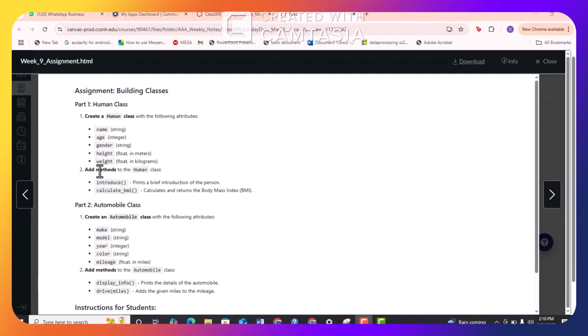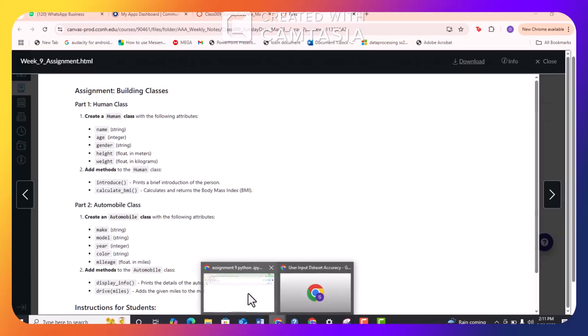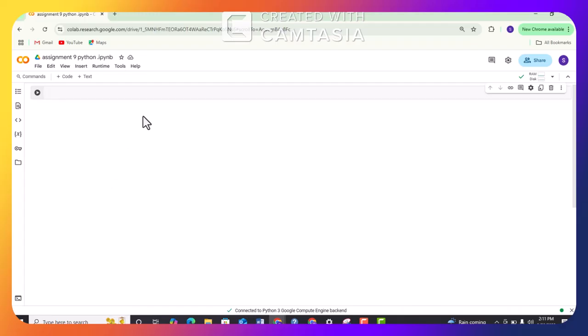Okay, so assignment 9 asks me to build a class, create a human class with the following names, age, gender, height, and weight. So basically, I can just start by saying class human, and I can take a def function that takes the initial, so __init__, then I can say